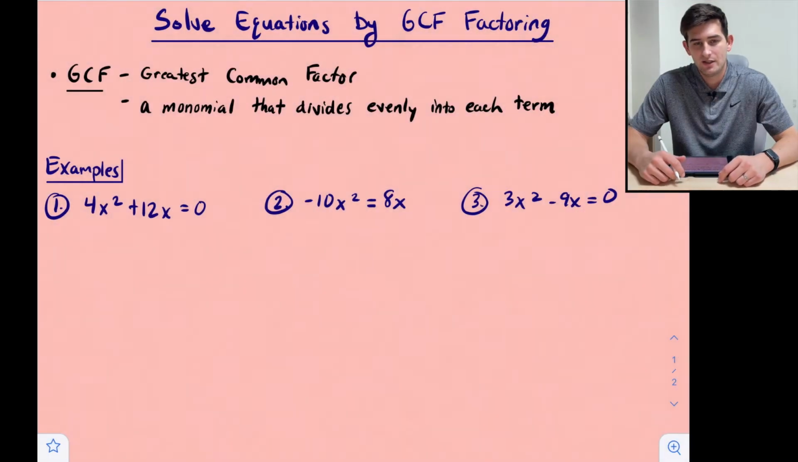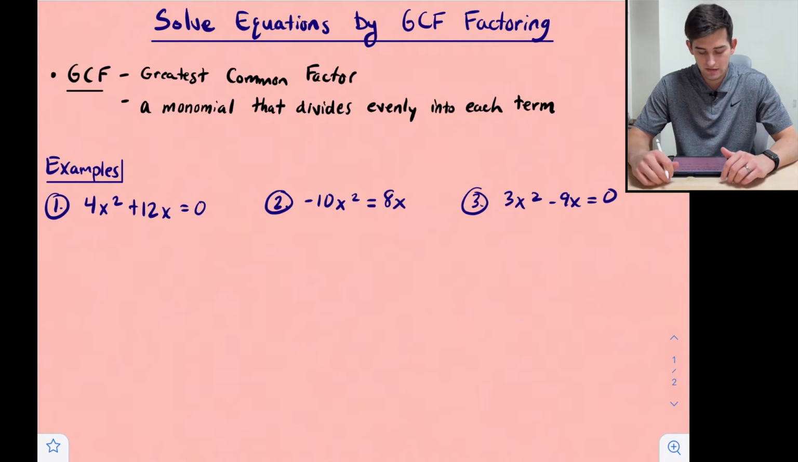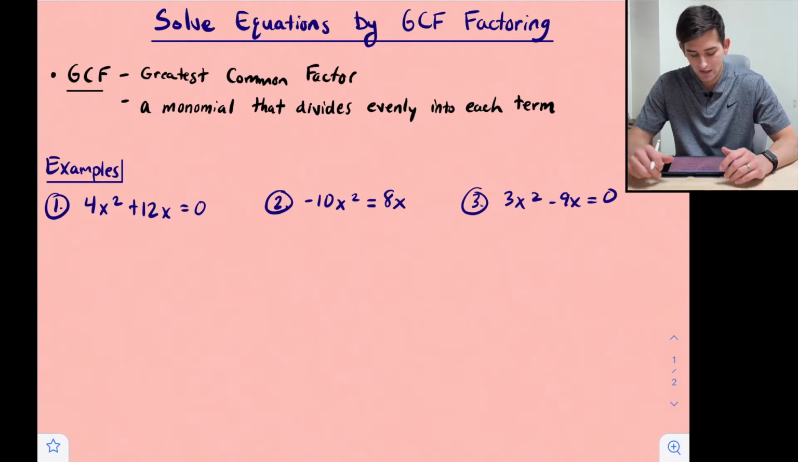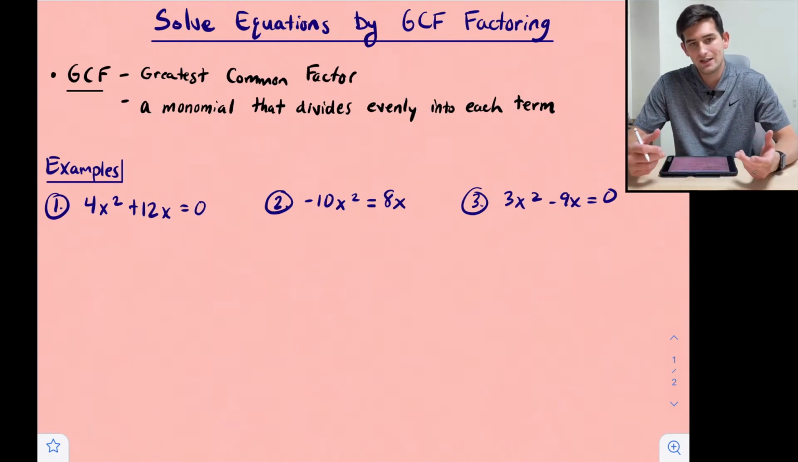Hello ladies and gentlemen, in this video we're going to talk about how to solve equations by GCF factoring. So let's talk about what GCF is. GCF stands for the greatest common factor, and that is going to be a monomial that divides evenly into each